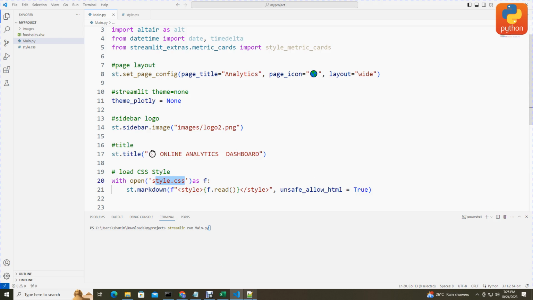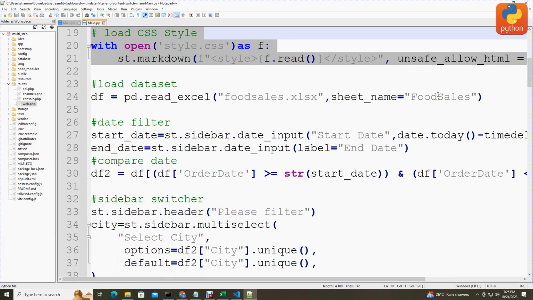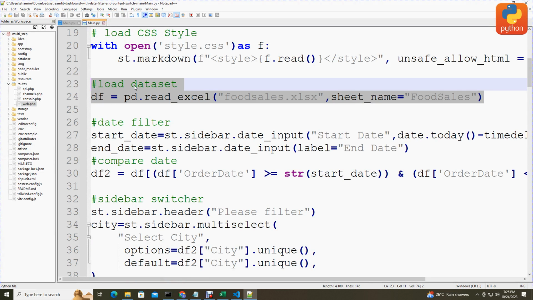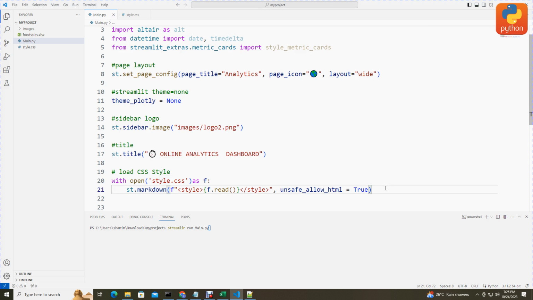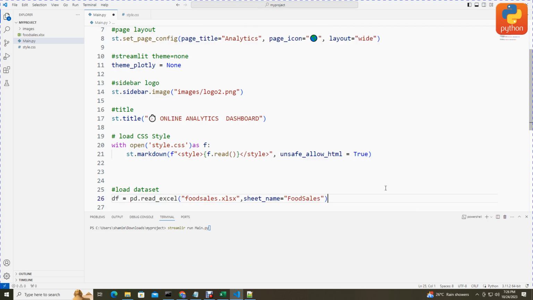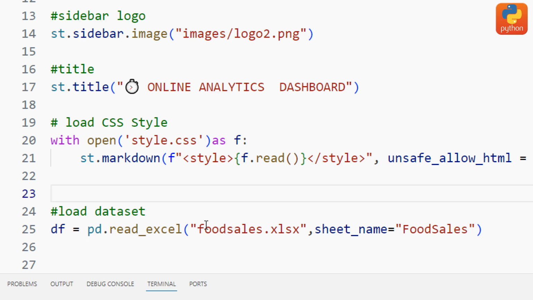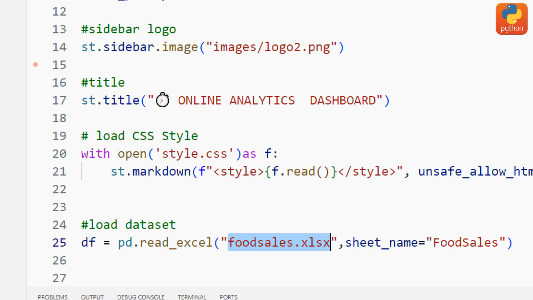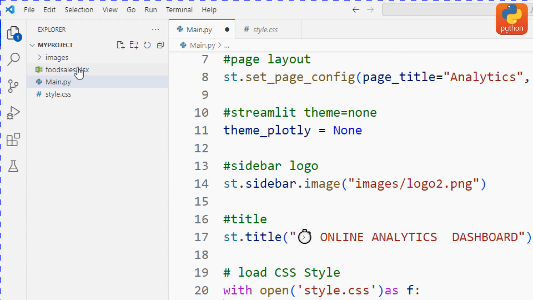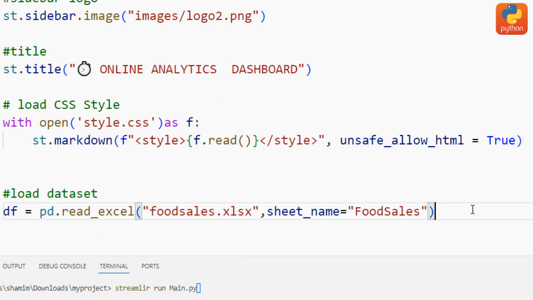Okay, so another step is now load dataset. So load dataset, so now copy it and come to our project. Hapa ndio ku load dataset. Okay, dataset yetu inaitwaje? Our dataset is food cells.xlsx as a file extension, ambayo ni hii hapa. Food cells ni file extension ya Microsoft Excel. Okay, so now another step is